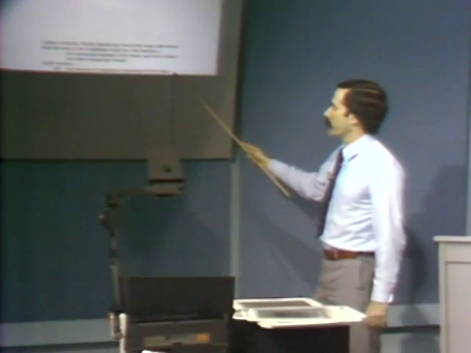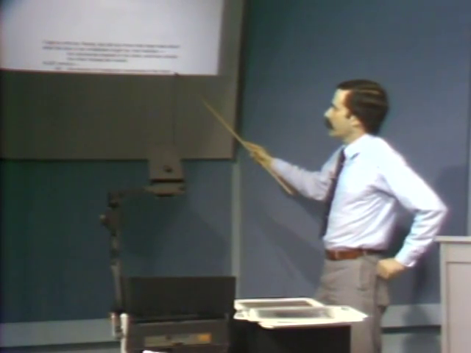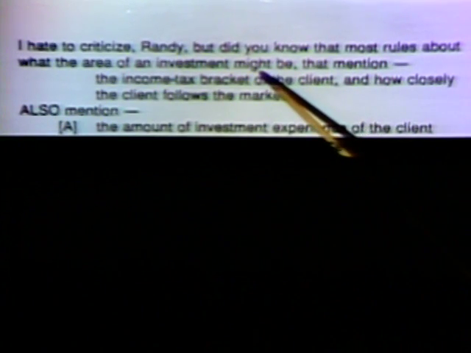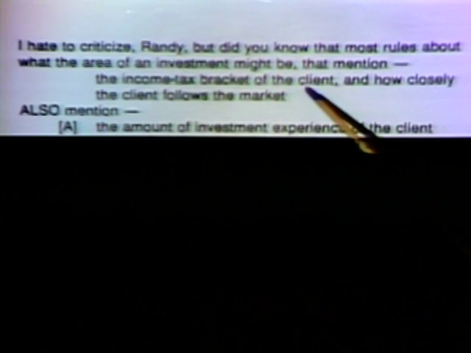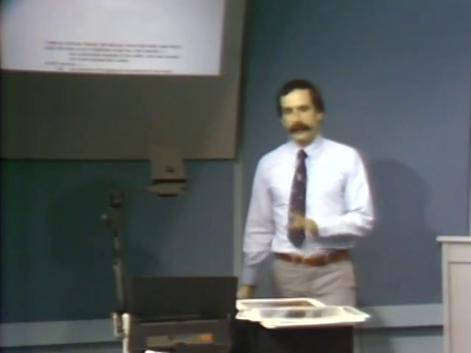So notice what we're doing here. We're looking at the kind of regularities that we find in the rules. And in this case, one of the regularities that the system has noticed is that rules about investment area that mention both this thing and this thing typically also mention this thing as well. So the system has noticed a disparity.